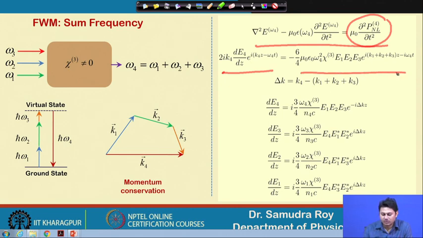So, P nonlinear at omega will contain the omega 4 frequency. That is why E1, E2, E3 will be here, and eventually we will have differential equations for the 4 fields E1, E2, E3 and E4. E4 is more important, and in E4 I find that it is associated with E1, E2, E3. So, these are the source terms. So, these are the coupled equations.